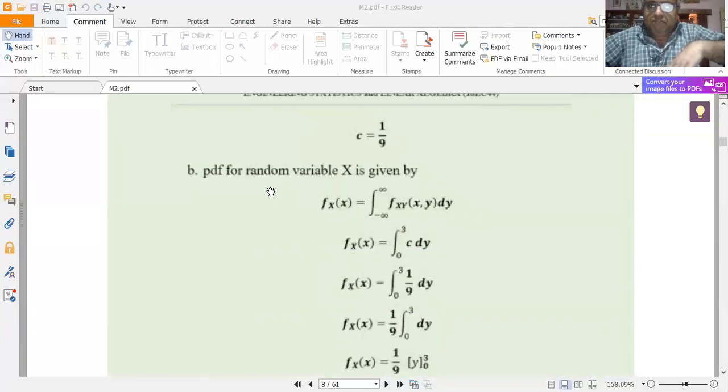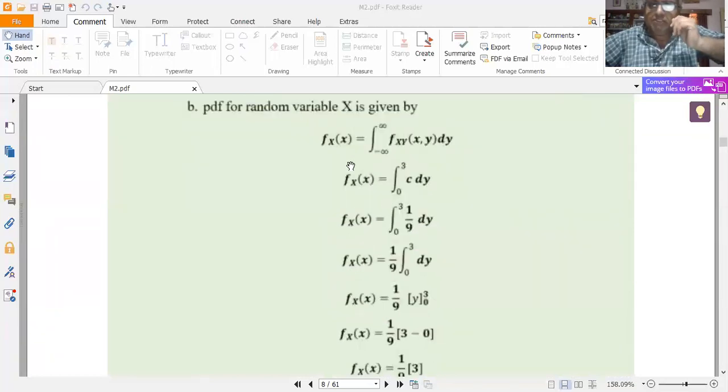The PDF for random variable x is simply given by fX of x is equal to integral from minus infinity to plus infinity of fXY of x comma y dy. But here, I am calculating the PDF for random variable capital X, which is given in terms of the integral of fXY of x comma y dy with limits y ranging from minus infinity